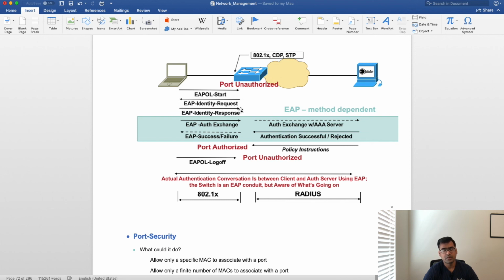your identity. Then the client sends an identity response. Once it receives the identity response, the switch actually relays it to the Radius server, and you can see that auth exchange with the AAA server, and authentication successful or rejected coming back. Whatever is the decision of the Radius server, that is being passed to the client itself, and